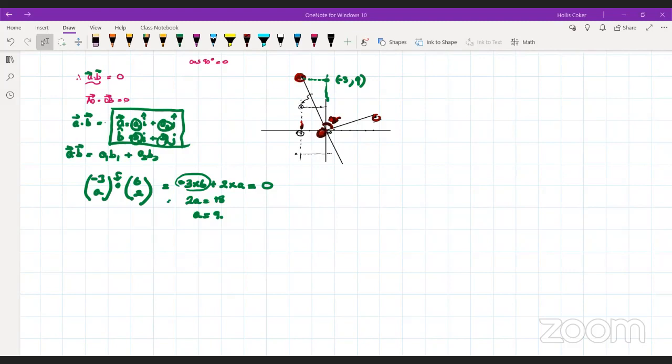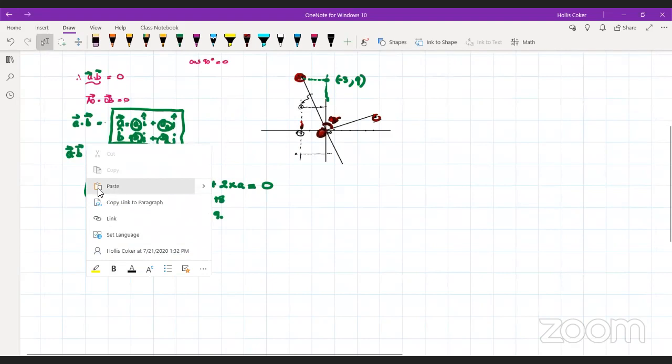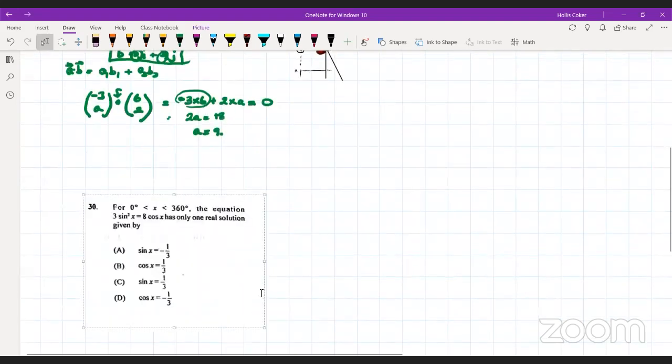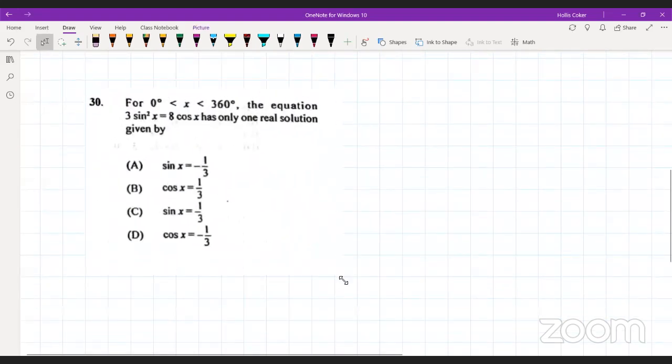So you can find that one. 27, 28, 29, 30. Oh, okay. Trigonometry. So we have this one. Okay, so this is number 30 here. That's it? Yes, it is. Right. So we have: for angles between 0 and 360 degrees, the equation 3 sine squared x is equal to 8 cos x has only one real solution, given by, well,